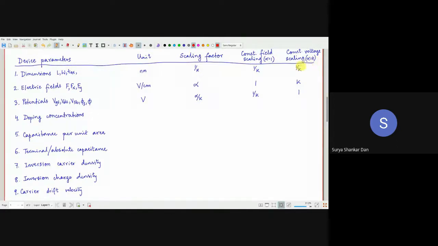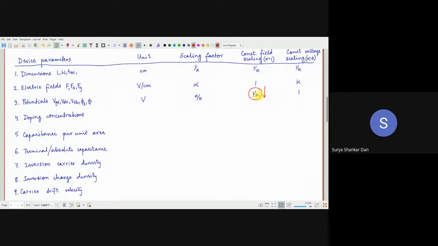So it turns out, from the reliability perspective, the constant voltage scaling will turn out unreliable. On the other hand, if we keep constant field scaling, then what we observe is that the potential will scale by 1 by k. Remember, k is a factor, k value is greater than 1. So this is going to be less. So what it means is your power consumption will reduce.